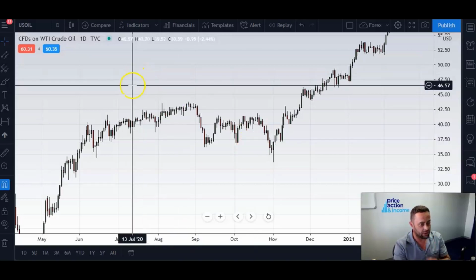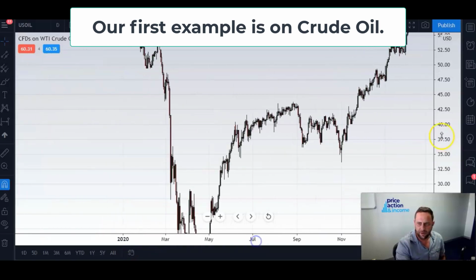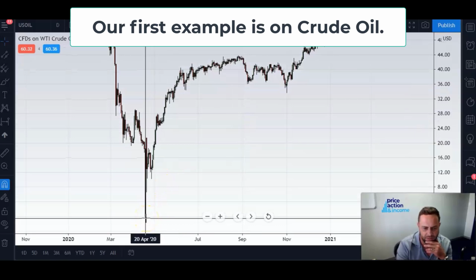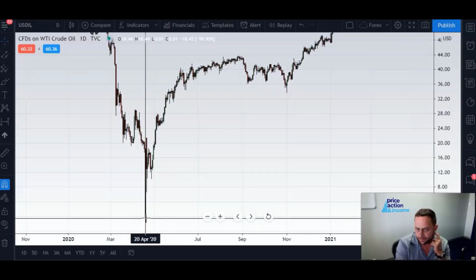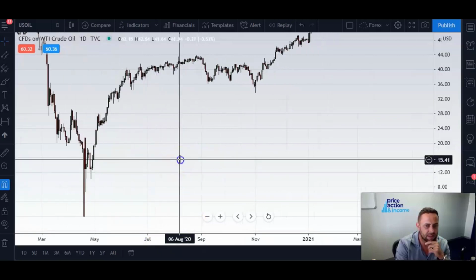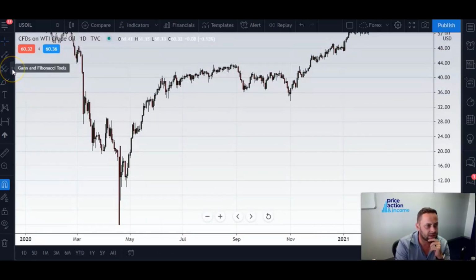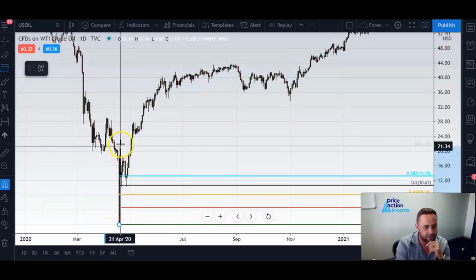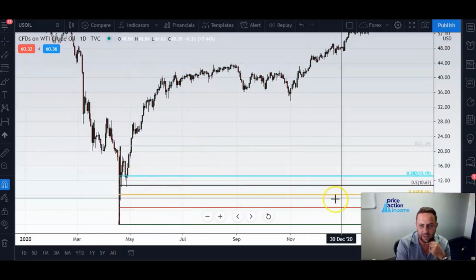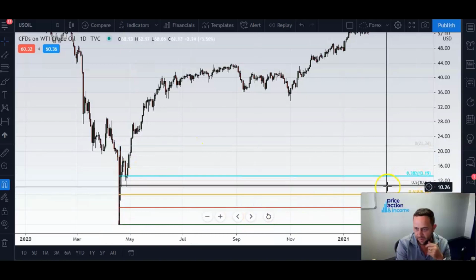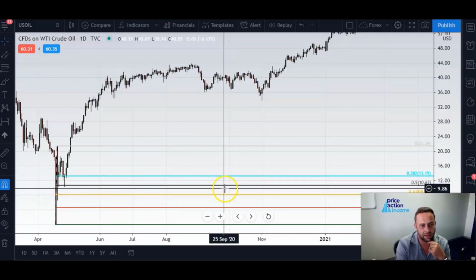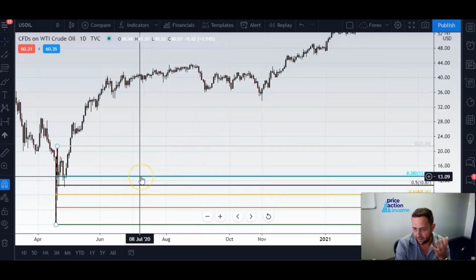So just a quick example here on crude oil. Very, very nice example. Obviously, we know that crude oil went to zero or below zero last year, April. Price moved strongly to the upside. Now, what fib traders, or guys that use fibs in their analysis, would quite often do is wait for a retracement. Let's say price went up, and then wait for a retracement, and then look at these important levels like your 0.382, 0.5, 0.618 or 0.786 retracements for support to come in, and then price hopefully resumes a